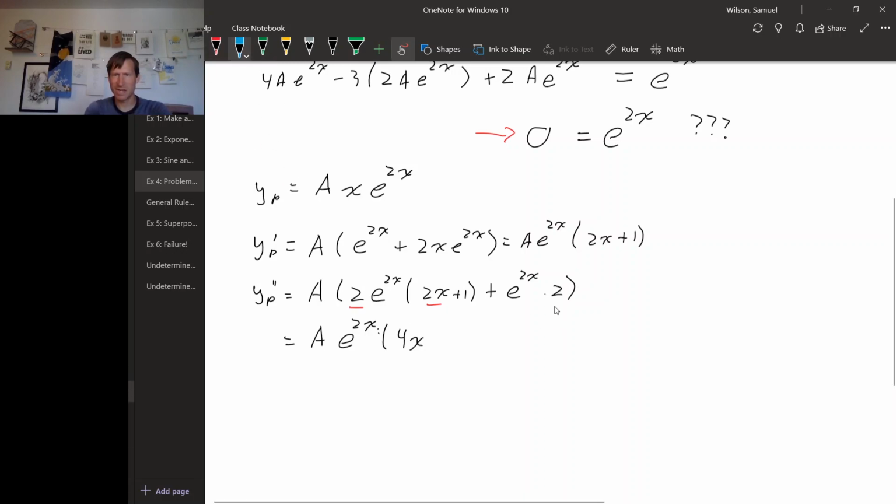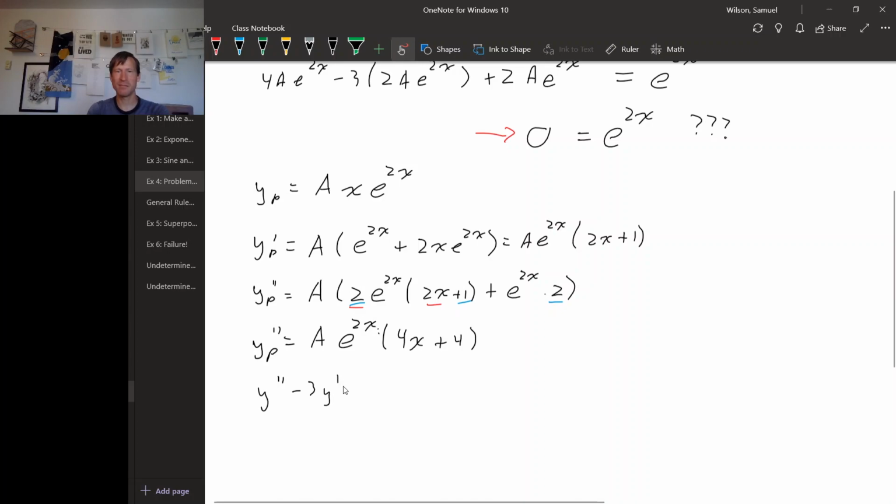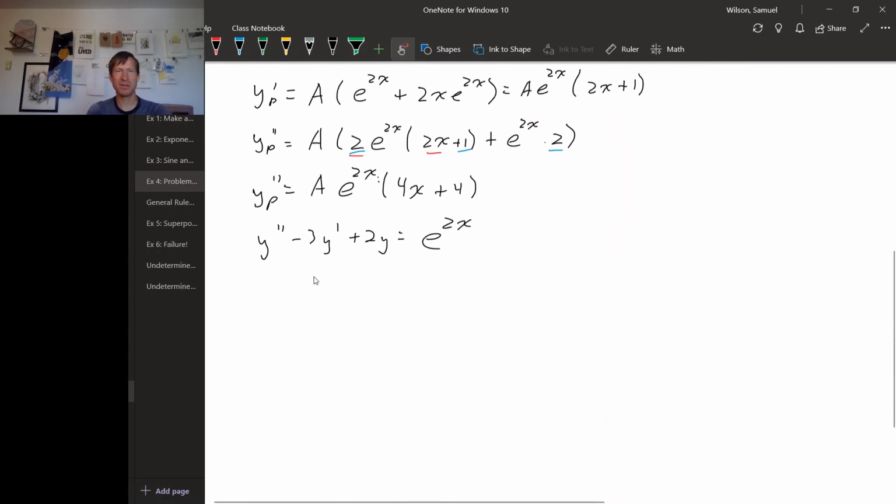And then for constants, we have a 2 and another 2, so plus 4. Okay, so now we have our guess and its first two derivatives. We can plug this into the original differential equation, which was y double prime minus 3y prime plus 2y equals e to the 2x. Yes. Okay, plugging everything in, we get a e to the 2x times 4x plus 4